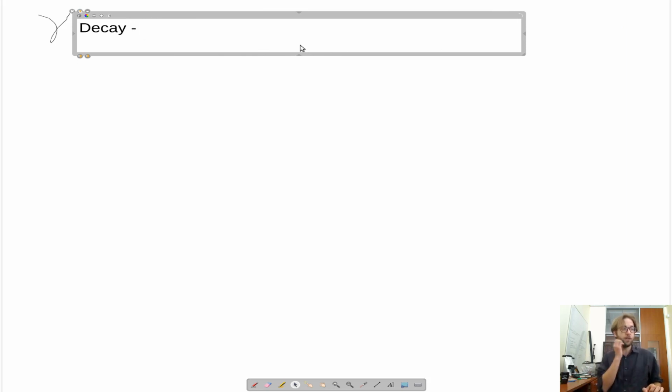Since photons don't have a mass, this does not change the A number at all of the parent nuclide, and thus it is only possible